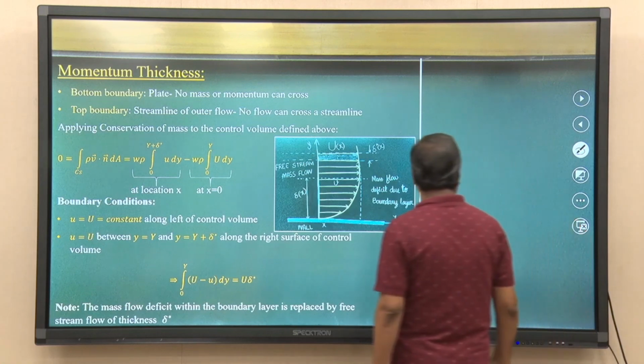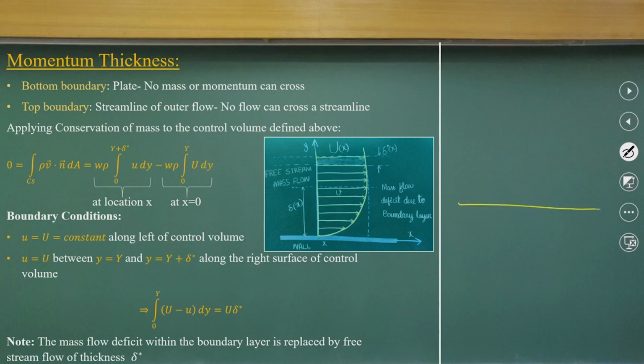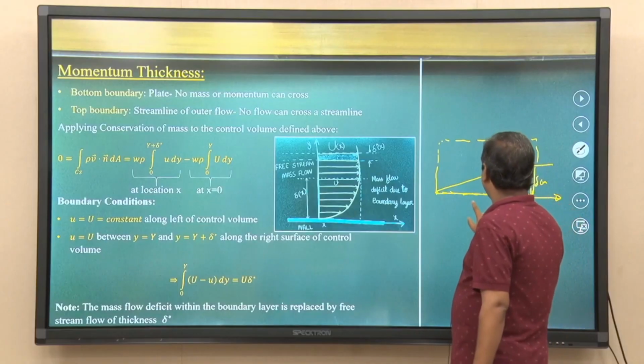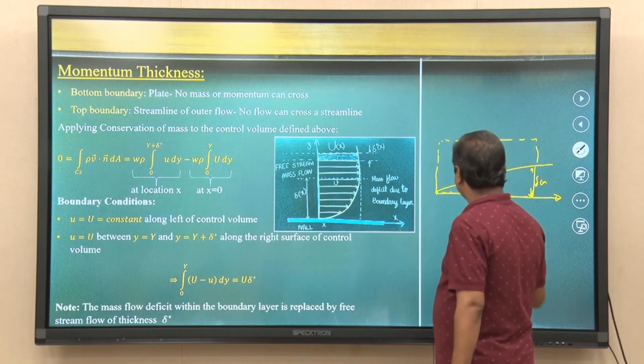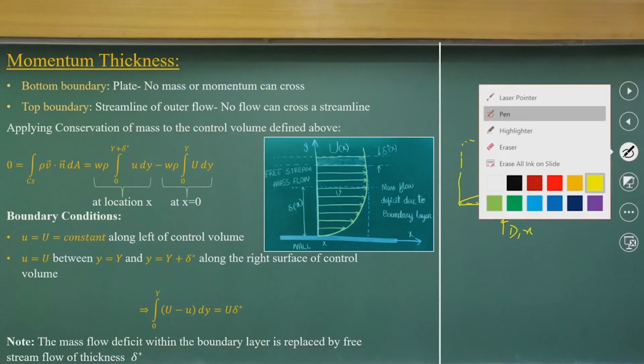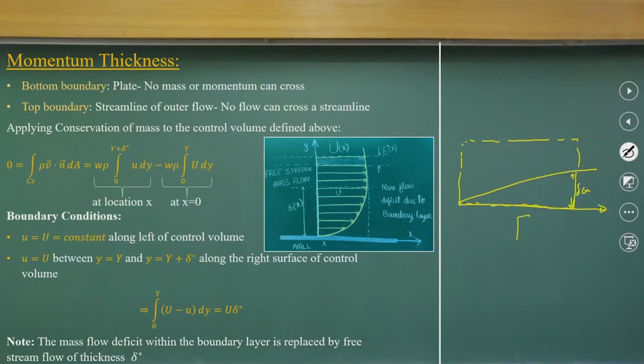So, let me sketch the problem. Looking at the same things I am defining here, this is the boundary layer thickness. I am taking this as my control volume, as I said at the very beginning. There will be a force acting on this plate, the drag force in the x direction, F_Dx, that will act on this, and from this I know